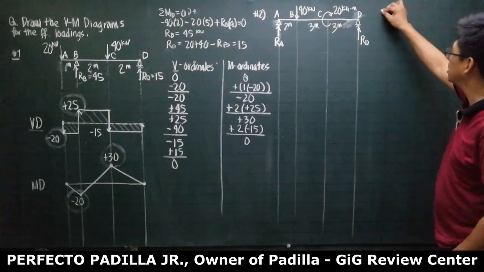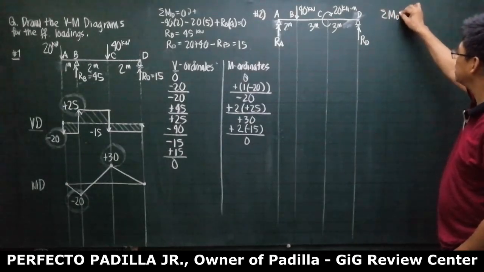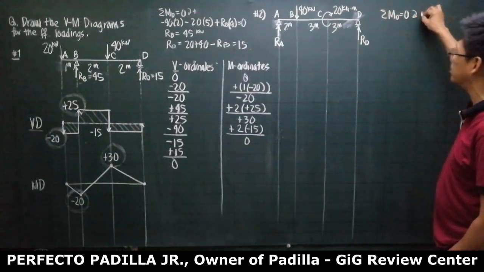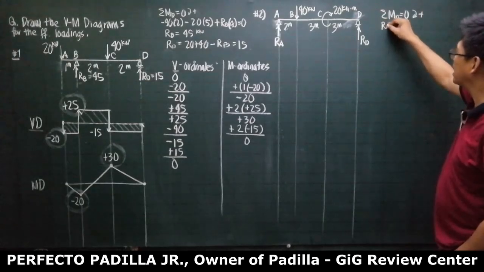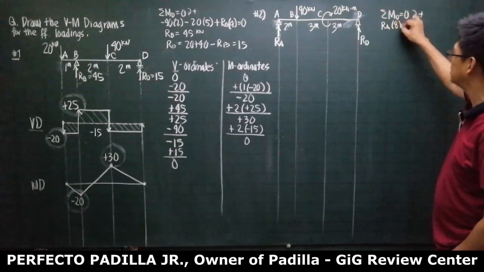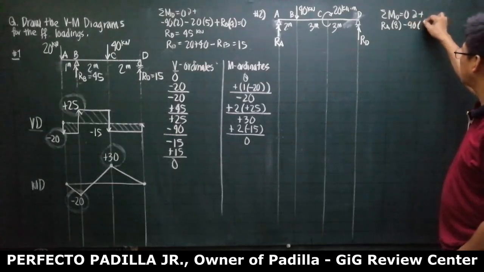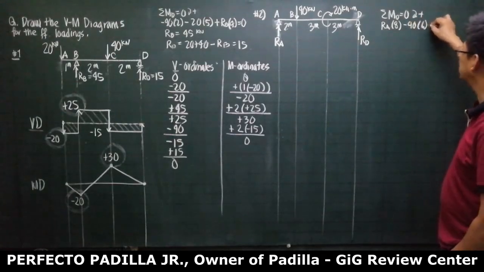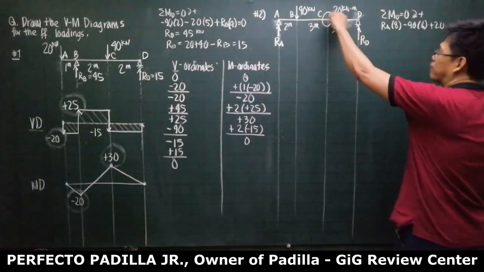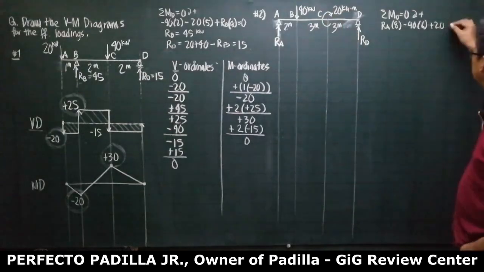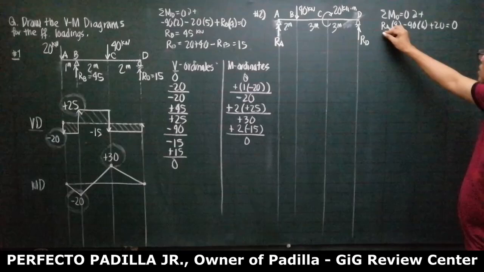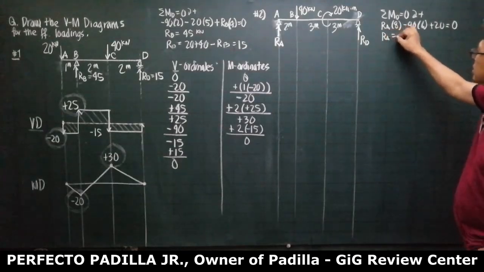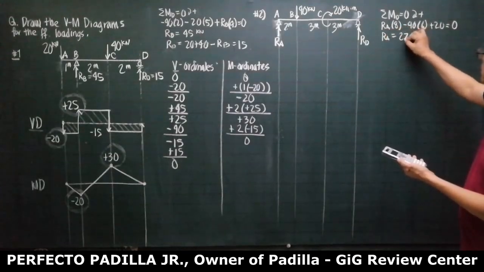By taking summation of moment at point D equal to 0, clockwise moment positive, I have RA times 8 minus 40 times 6 plus 20, no multiplier for 20 because it is a moment, equals 0. So therefore, our RA is going to be 27.5